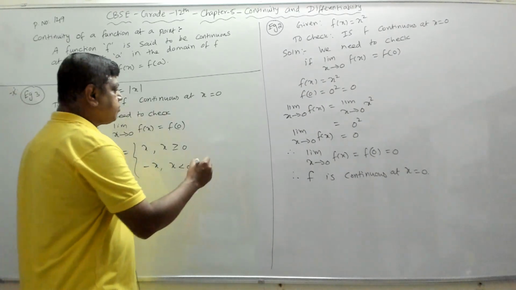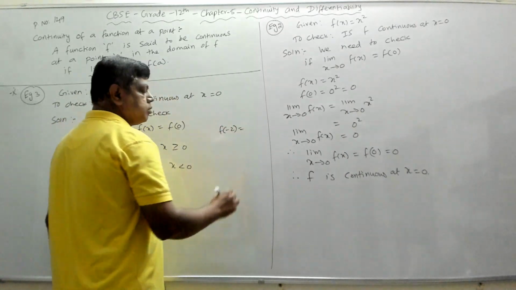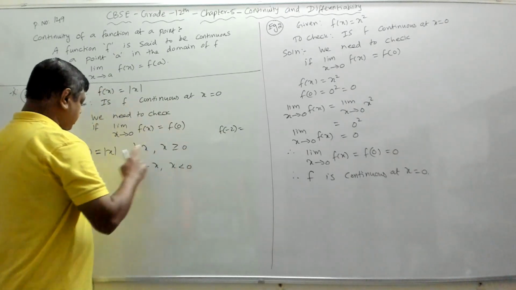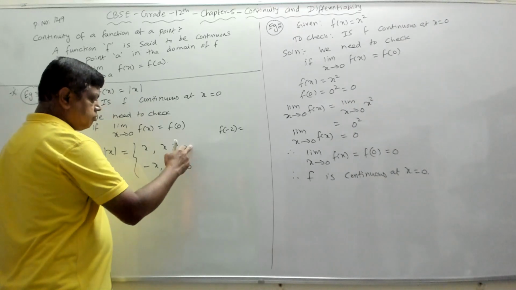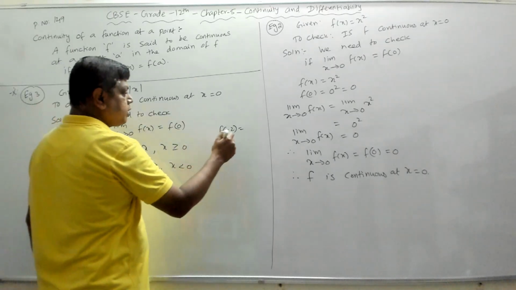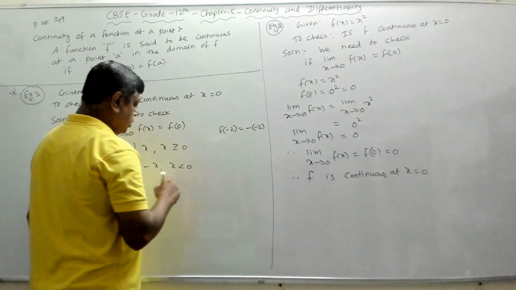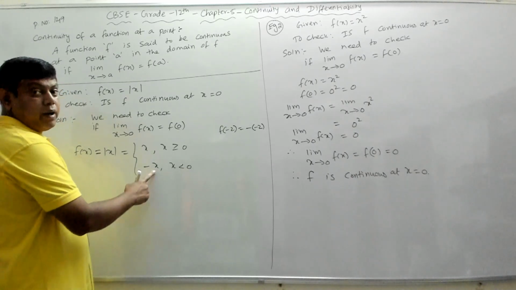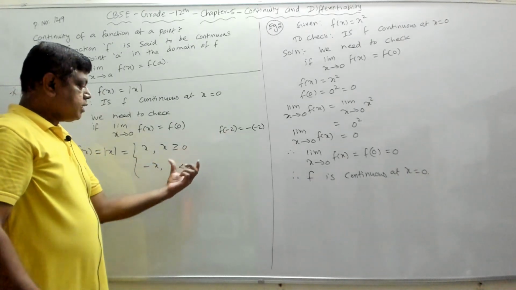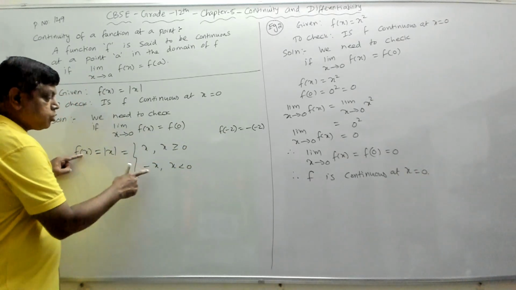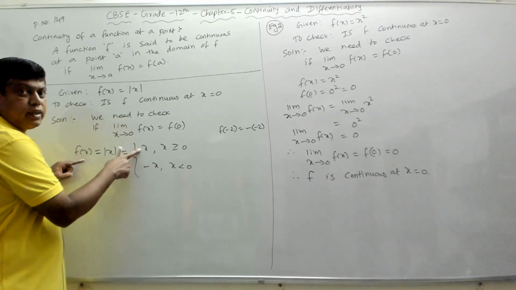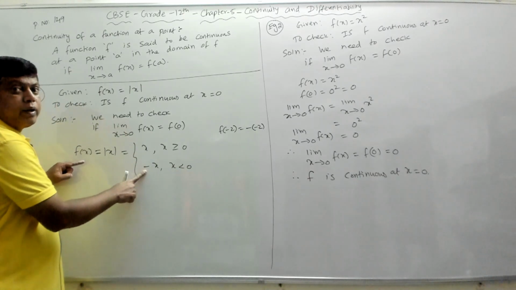Right? For example, if I want to find f of minus 2, then minus 2 is x. Your x is minus 2, and minus 2 falls under which category? Minus 2 is less than 0. So we have to take the minus x function. So your f of minus 2 will become minus of minus 2, because you have to put minus x. Your f of x becomes minus x when x is negative. Since your x is less than 0, we'll use f of x as minus x and not x. For all the positive values of x or 0, you will take f of x as x. For all the negative values of x, you will take f of x as minus x. That is the definition of mod x.